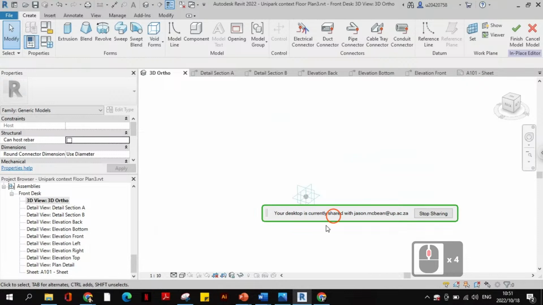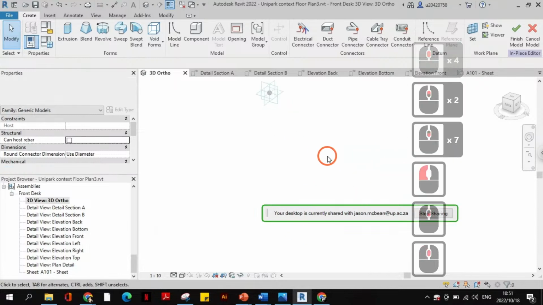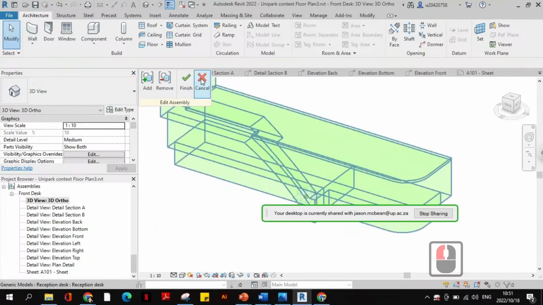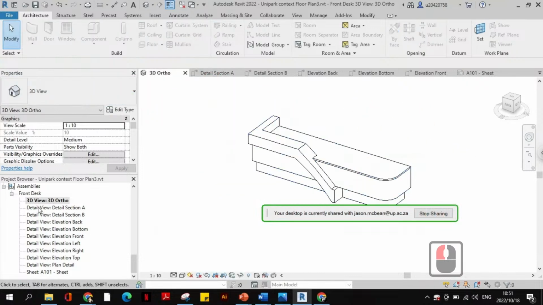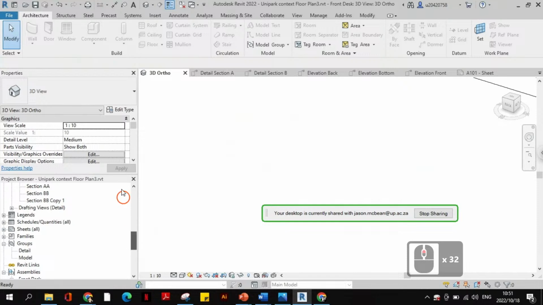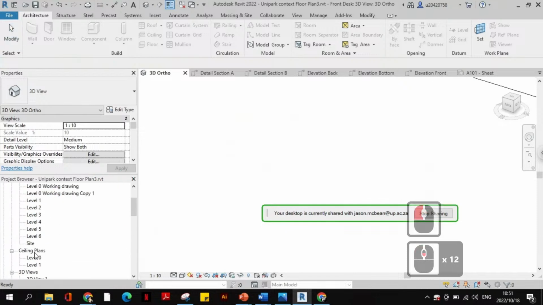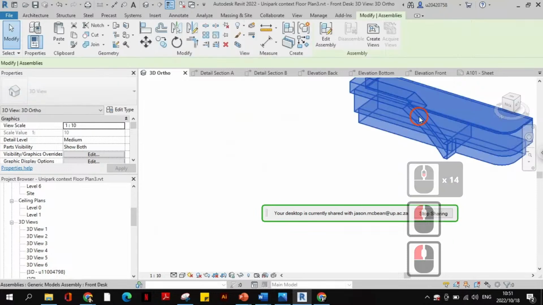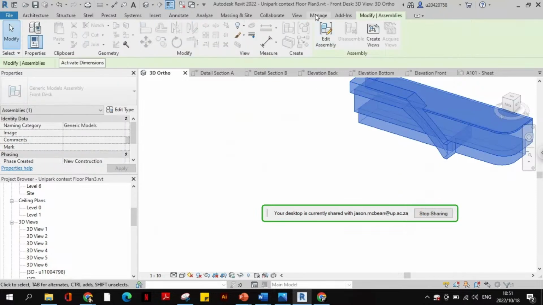Maybe you'll have to do it in the view. Okay, let me just do this. No, I don't use these things that often. Let's just press cancel and go back. So 3D view. I'll tell you what, do this. Grab this guy, just like this, and you go to